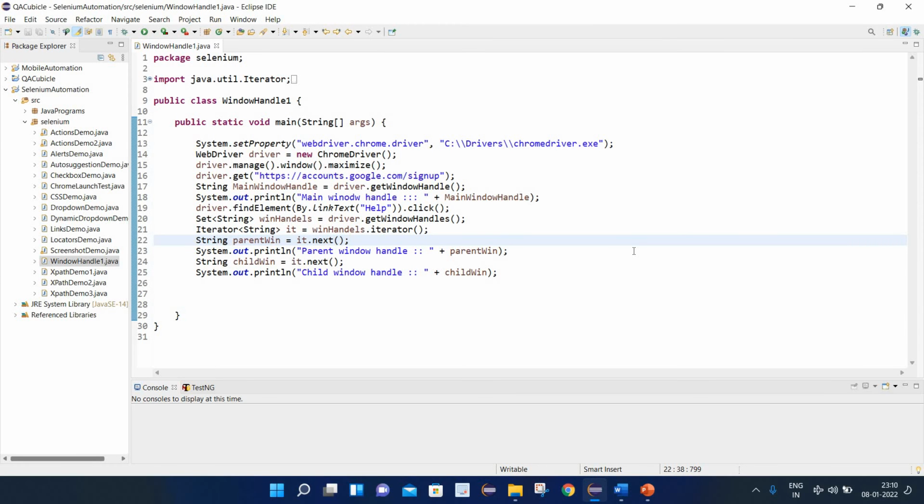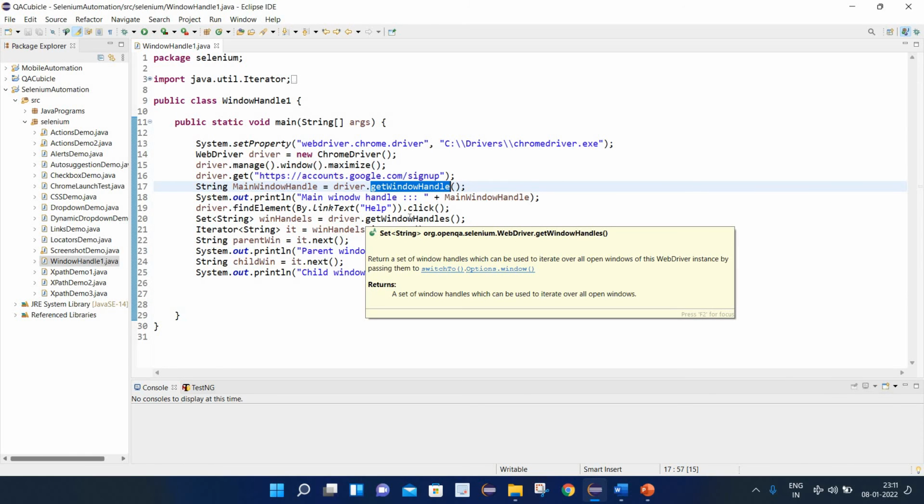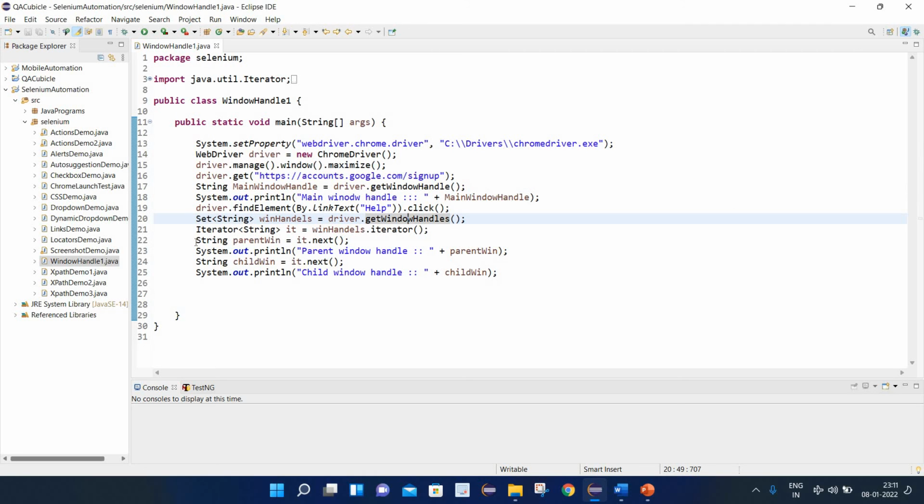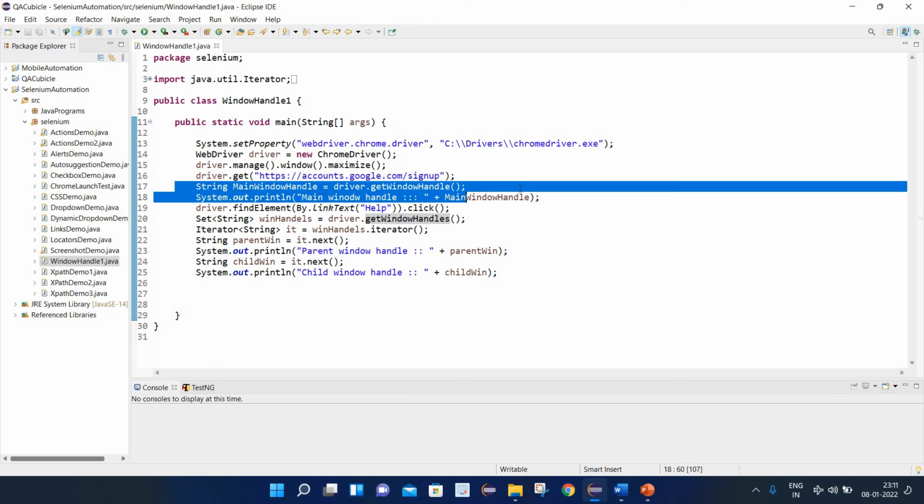Okay, so let's start. In my previous video, I created this program and explained in detail how we can utilize the getWindowHandle method, what the purpose of using getWindowHandles is, and how we can get the details of the parent window as well as the child window. Today we are going to see why we need to perform the switch operations and how we can do it. So we don't need this one, I will simply remove this from here, because we are already getting the detail of the parent window in this statement.